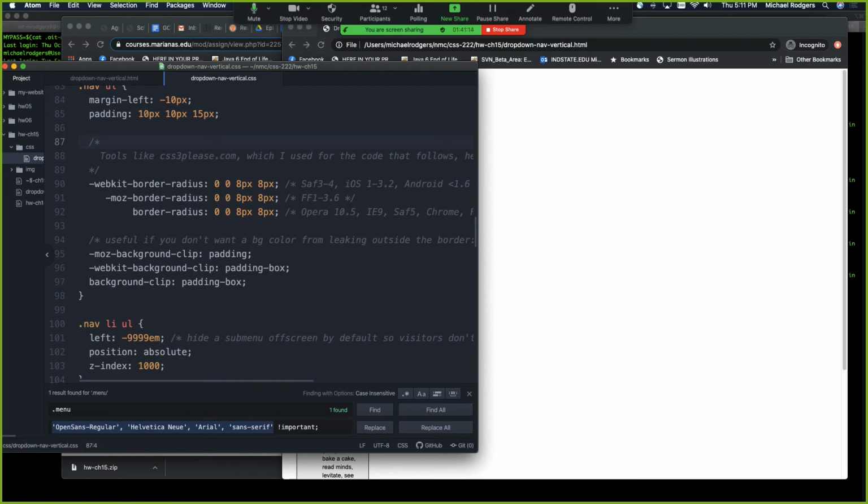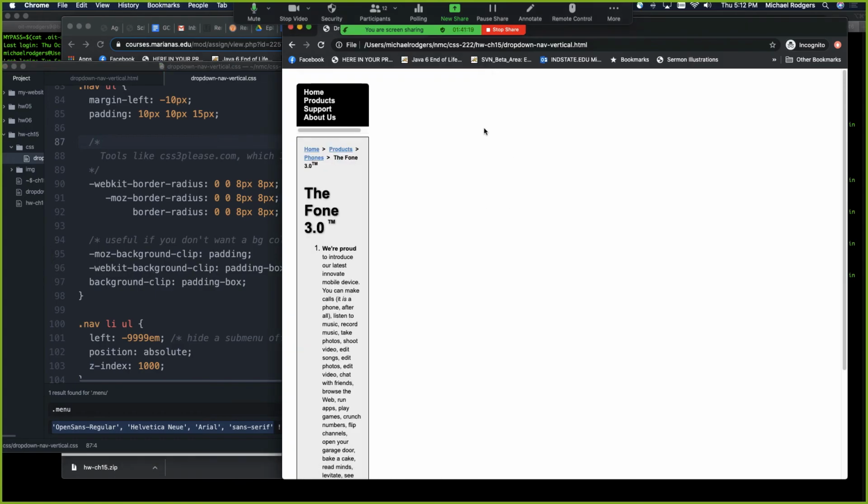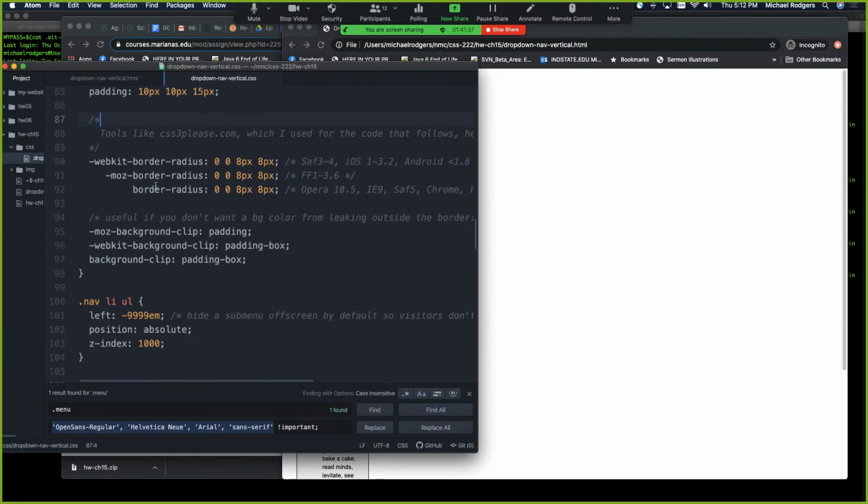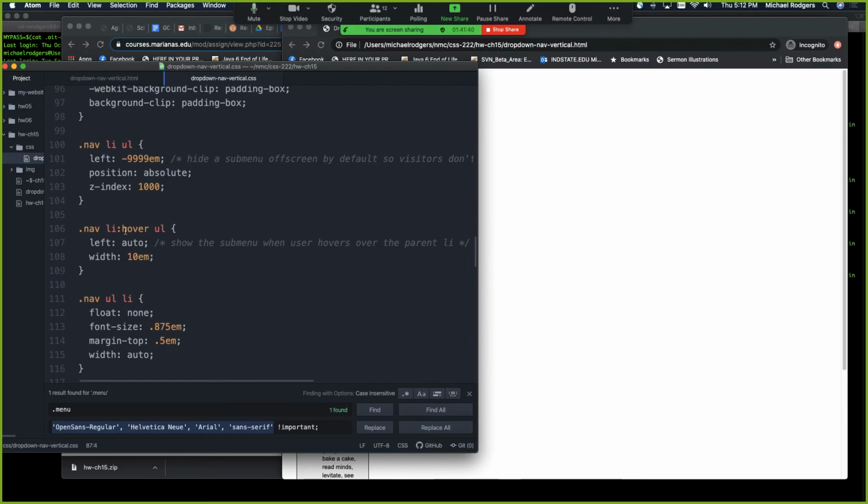If I'm looking at number 4 correctly and you're looking at your Word doc, you'll notice that number 4 is pointing at the sub-items, right? So when you hover over something in the sub-item, what they're saying is that that sub-item needs to pop out to the right, okay? So if I'm going to, let's see, I think this might be it right here. The left nav li hover,